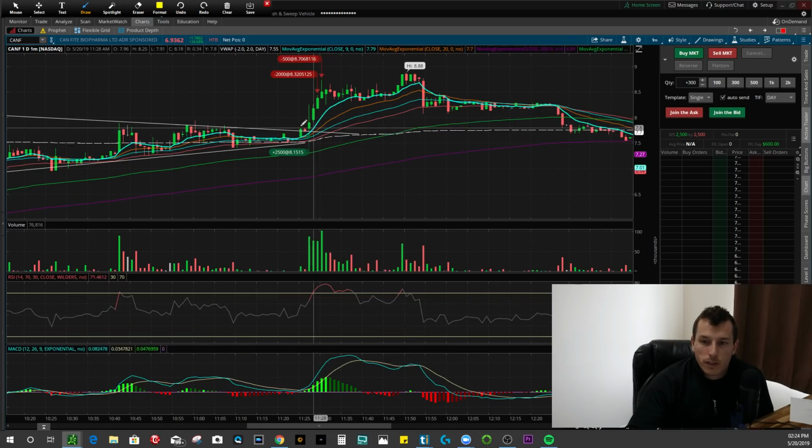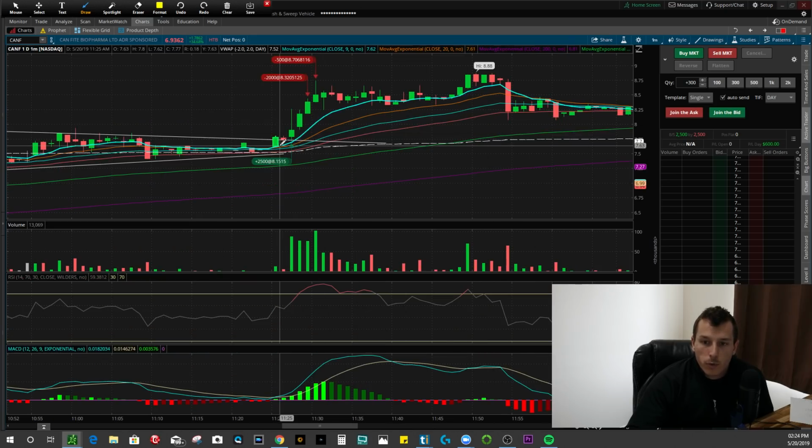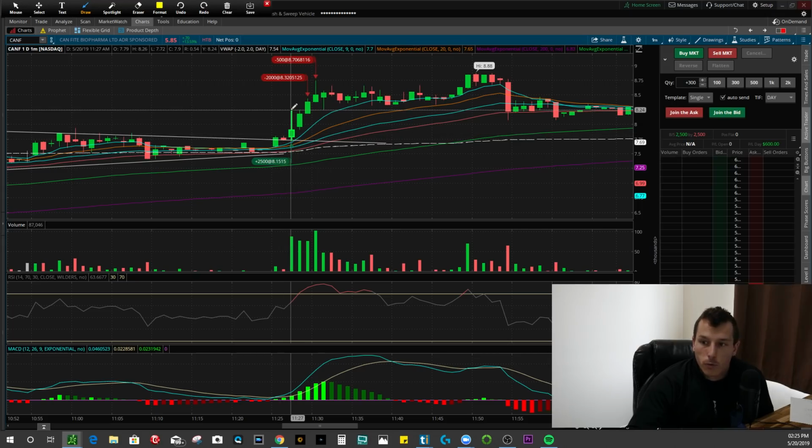Really what happened was we pop up on this candle. This little red candle comes down to retest this little trend. We start holding. I saw the buyers starting to come in. So as soon as I click buy and release, the price jumped all the way up to the top of 828, and I get filled right at 815. When I first went to buy, price was about 780, 790, right? And then as soon as I click buy and take my finger off and the order goes through, prices jump up